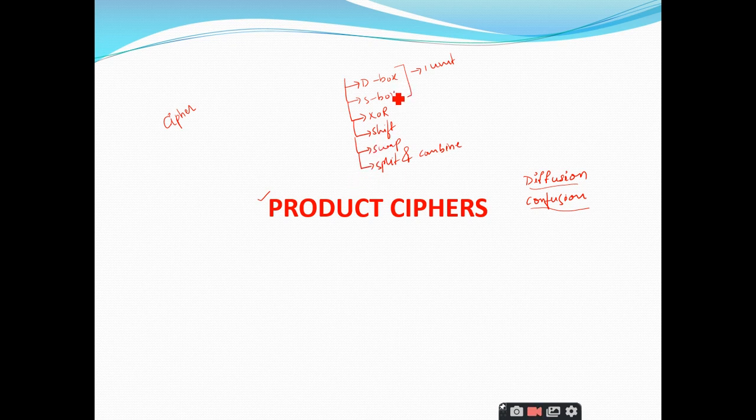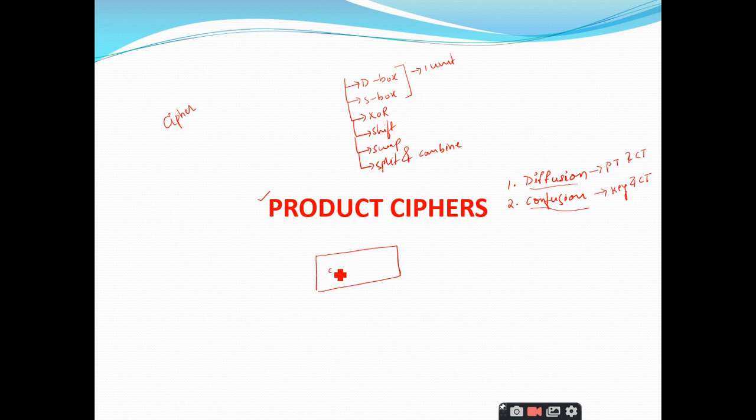So why we are doing all these things? Why we are combining these things and why we are making use of more number of units is the simple reason behind this is we want to achieve the concept of diffusion and confusion. So we'll see what this diffusion and confusion is, right? So diffusion is the relationship between the plain text and the ciphertext, and confusion is the relationship between the key and ciphertext, right? So what are the three important components we have in any cryptography or in encryption or decryption,